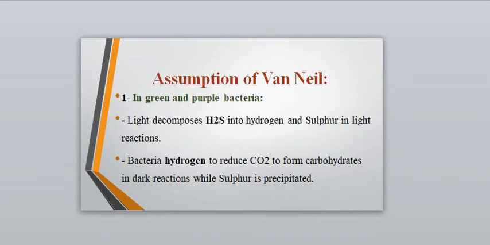Here he assumed some equations from his experiment in green and purple bacteria: that light decomposes the hydrogen sulfide found in the swamp, where the purple bacteria live, into hydrogen and sulfur in the presence of light. These bacteria use the hydrogen to reduce carbon dioxide to form carbohydrates in the dark reaction, while the sulfur is precipitated down. That means that carbon dioxide is reduced to carbohydrates in the dark reaction and sulfur gets out from this